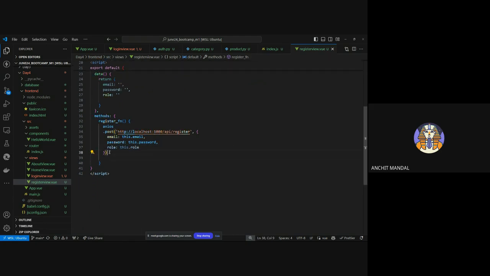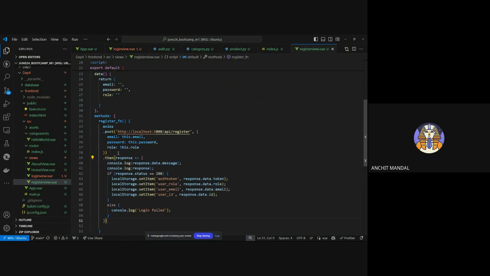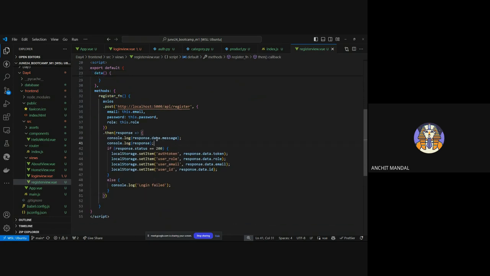It's not after post. We are getting a then response. Yeah, we are getting the data. Set items won't be here. If I'm getting a good response, what I want to do is